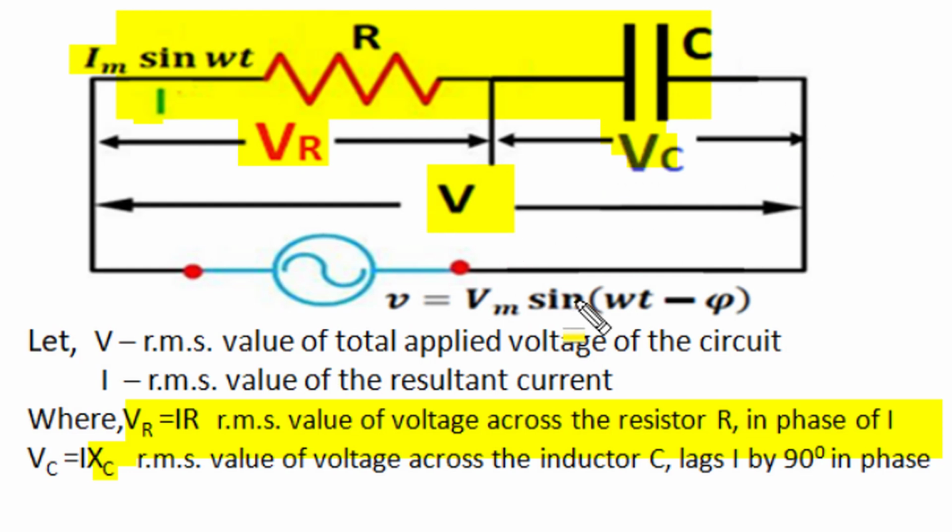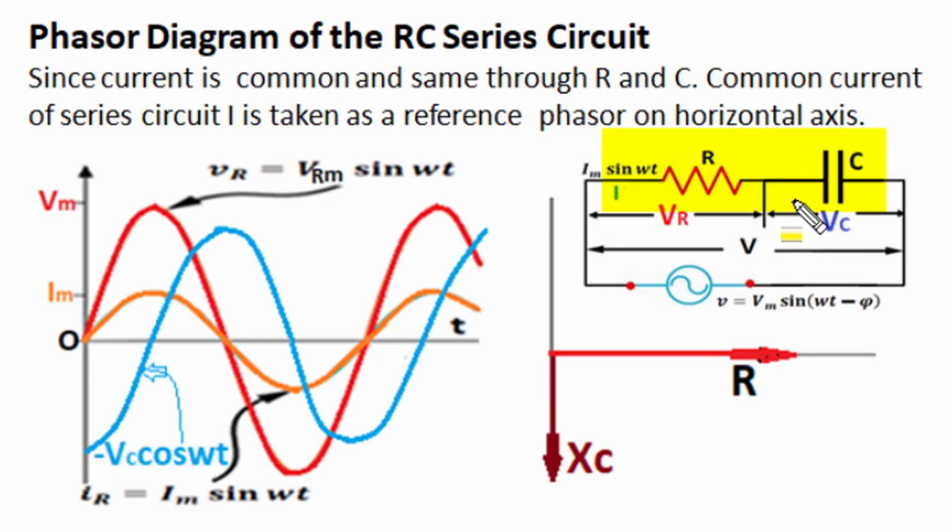And for this circuit we have to find out relation between RMS voltage and RMS current and the phase difference angle between applied sinusoidal alternating voltage and current flowing through the circuit, and for that we'll use phasor approach. In phasor analysis of RC series circuit, R operator is a real operator. It won't have any imaginary or vertical component. In rectangle form it is R plus j0, and in polar form it is magnitude R and angle 0